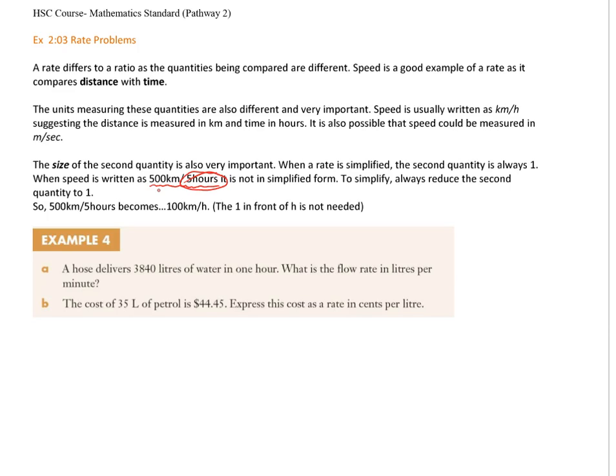To go from 5 hours down to 1, you need to divide, and by the way, the only operations we're allowed to perform are to multiply or divide the parts of the rate, and that is similar to ratio. The only way we were allowed to adjust the ratio was to multiply or divide every part. So that aspect of ratio also applies in rates, and so our 500 kilometres per 5 hours becomes